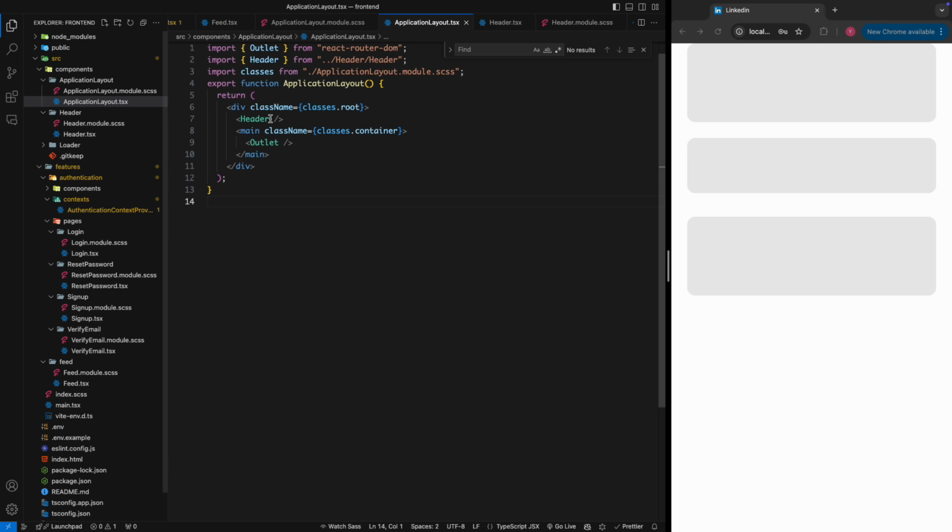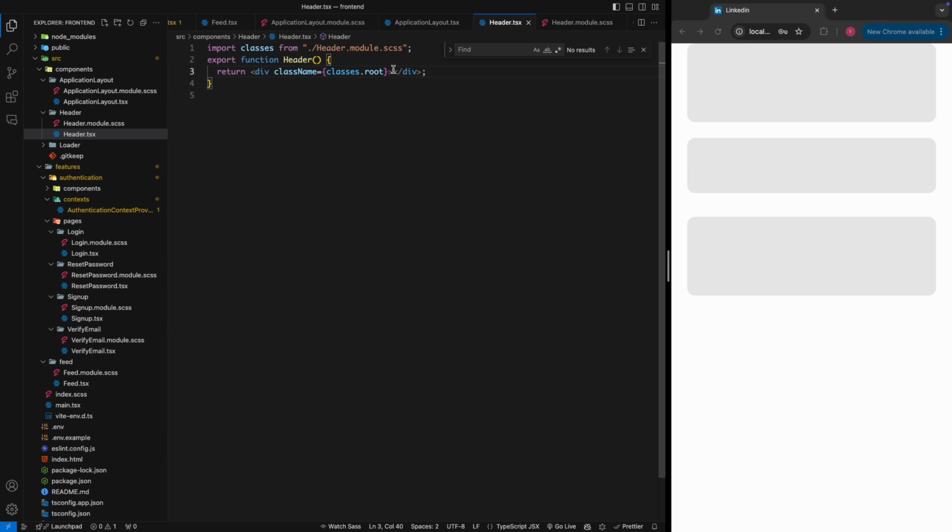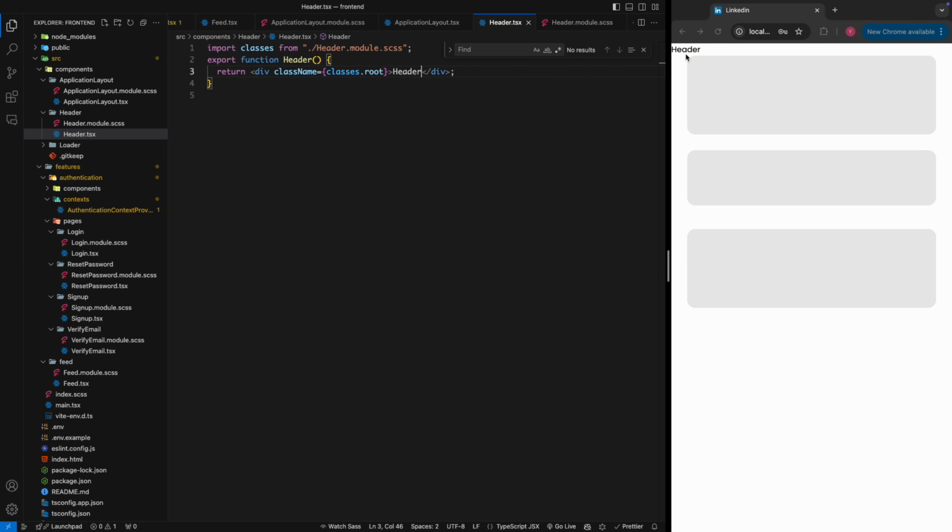Like so. And it's not rendering anything. Let's say for now it's going to render header, so that we make sure it's being rendered. So now that we know that it is being rendered, we are going to render an actual HTML header,